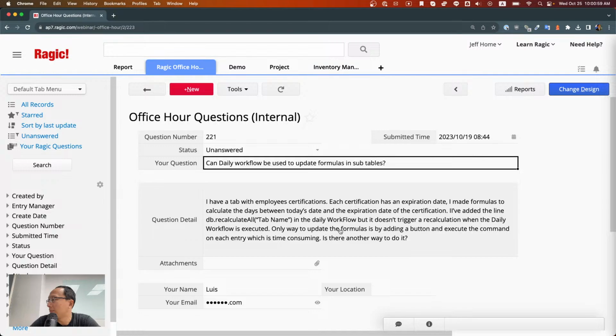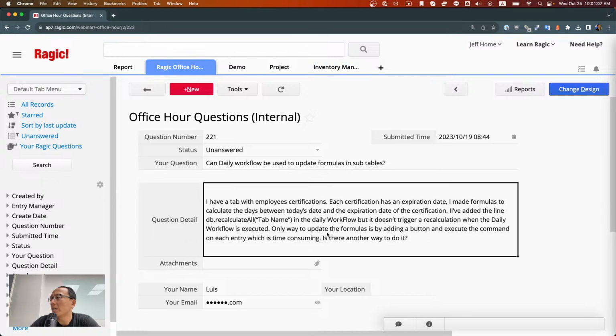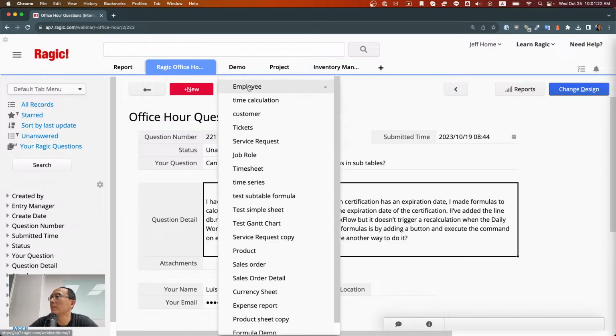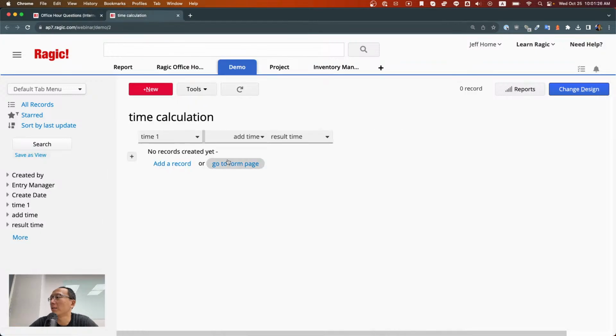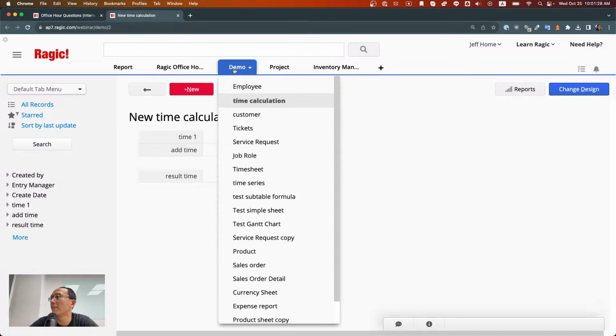The only way to update the formula is by adding a button and executing a command on each entry, which is time consuming. Is there another way to do it? Yeah, you could do this with daily workflow, but this is not right. You should be entering a reference to a sheet. Let's do an example. For example, let's use the time calculation sheet, although it doesn't have any data,